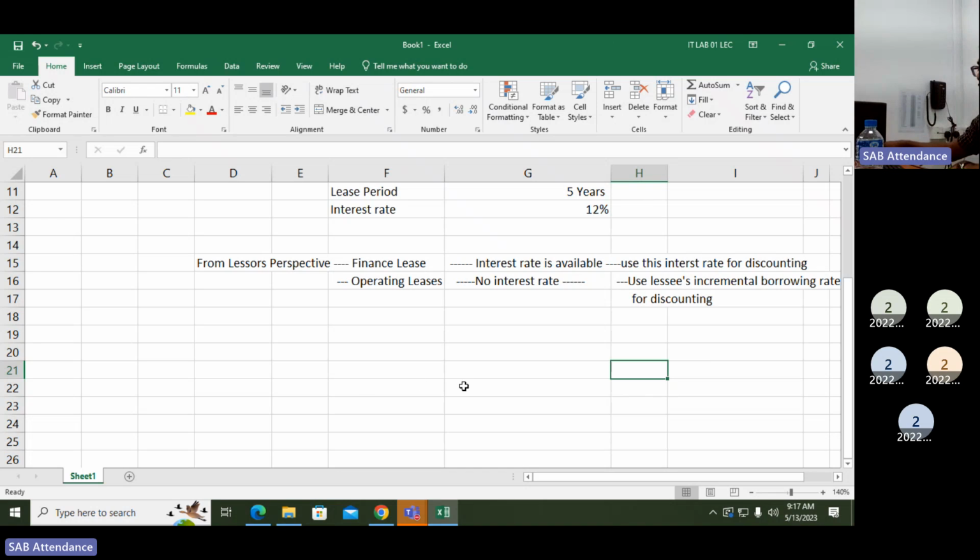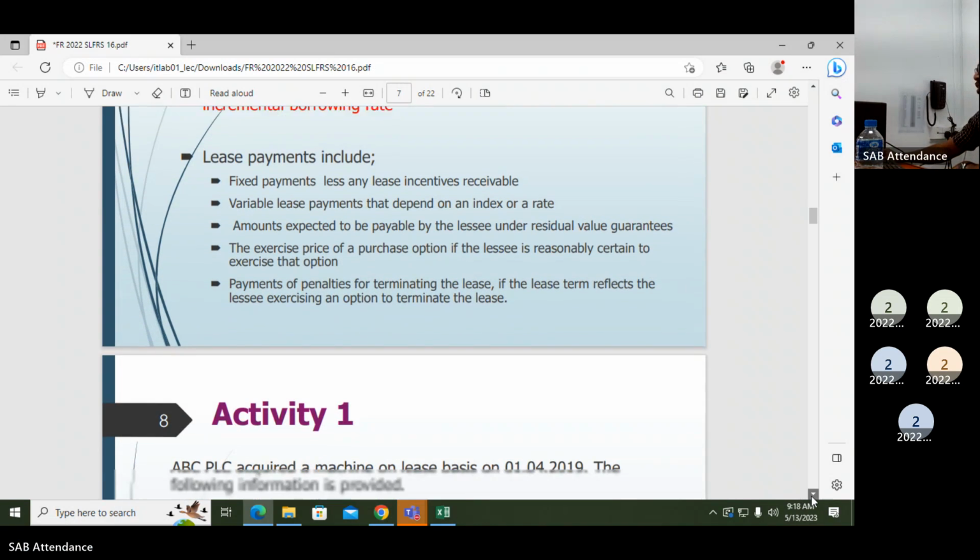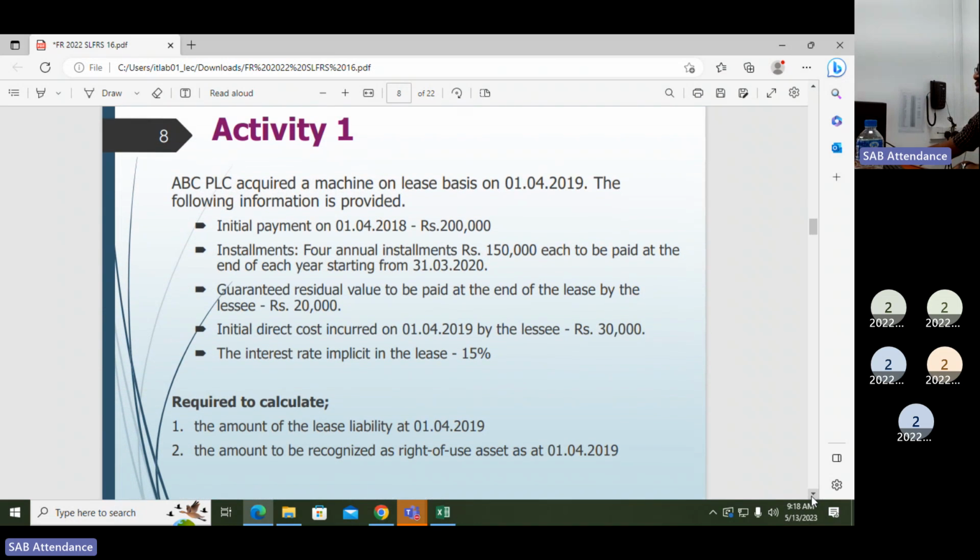So you need not worry about that very much when it comes to accounting, because you will be given, right, either the interest rate in the lease agreement or the incremental borrowing rate. You have to use that and discount. So lease payments are discounted using the interest rate implicit in the lease if readily determinable. If not, the lessee's incremental borrowing rate. Right. So I'll come to the other parts after considering